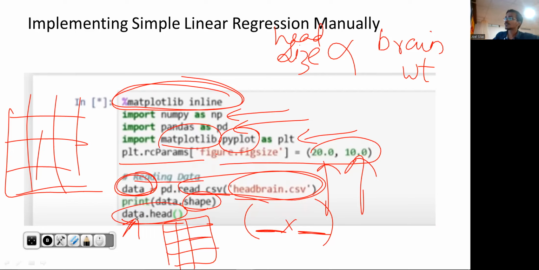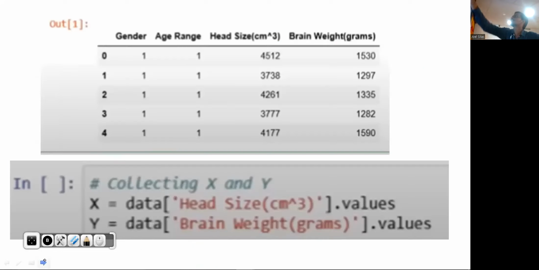Like how we want to refer to the integer value 5, we write a equal to 5. So we are referring to 5 using the variable name a. Similarly, we are referring to the data frame using the variable name data. And data.head means the first 5 training examples or first 5 rows of the entire frame will be selected. So these are the first 5 rows, index starting from 0 to 4,